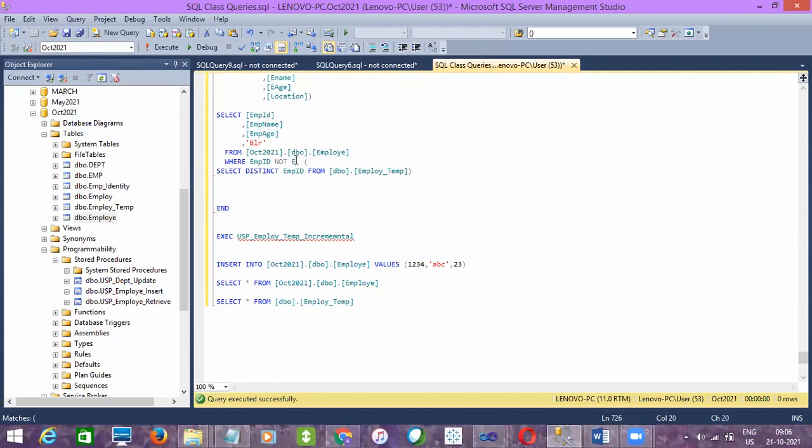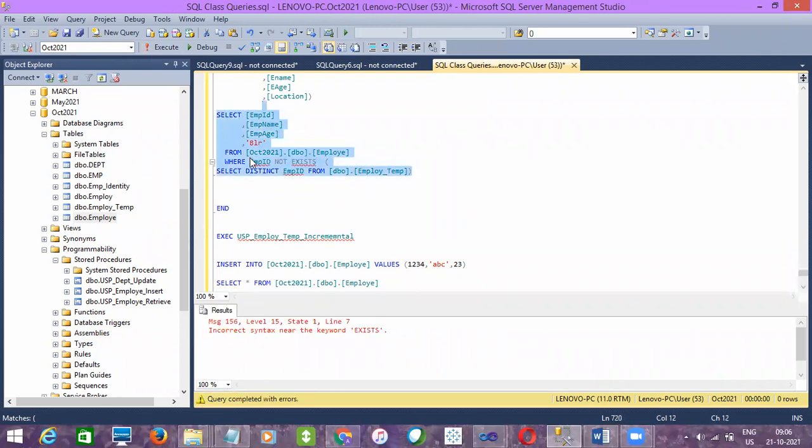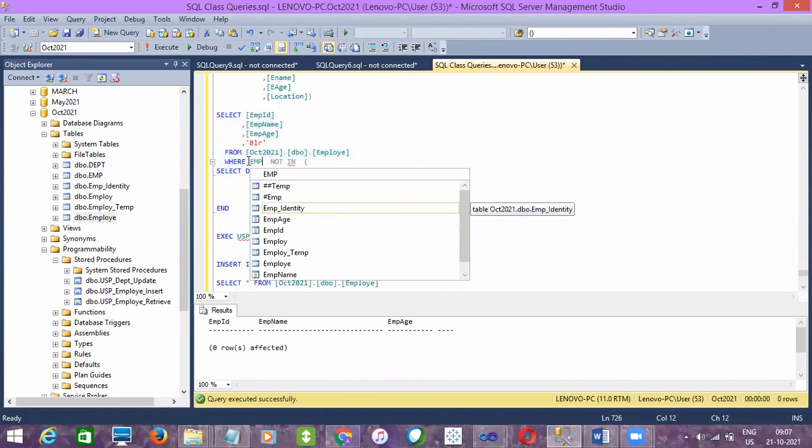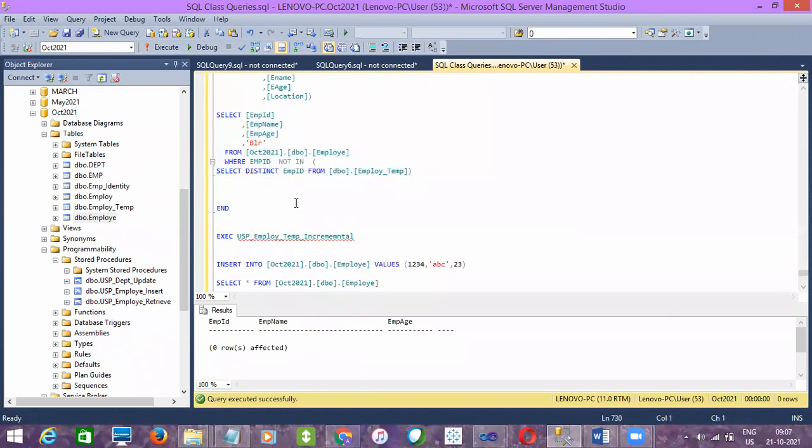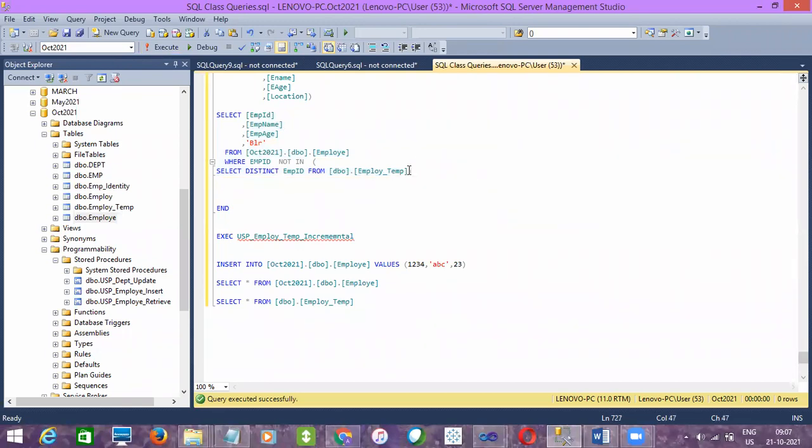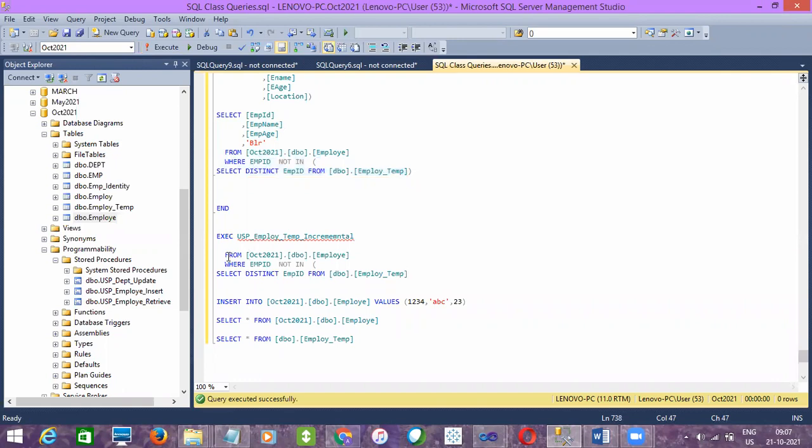If I use not exists, see, we are trying to insert new records from source into destination, but it is not happening.